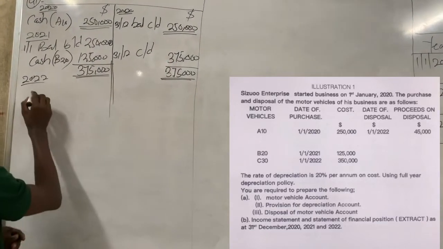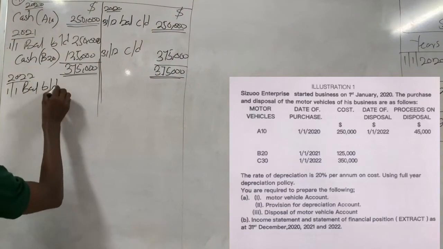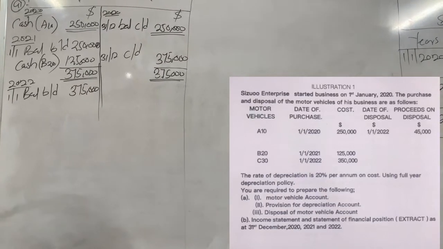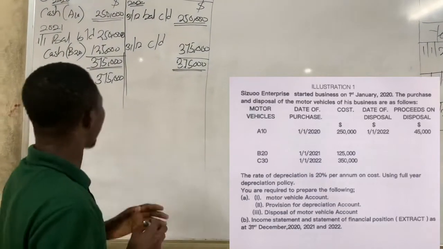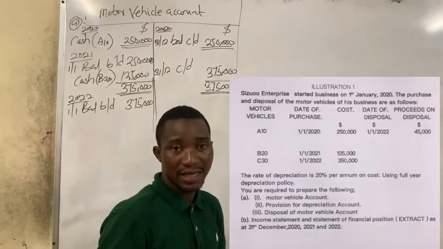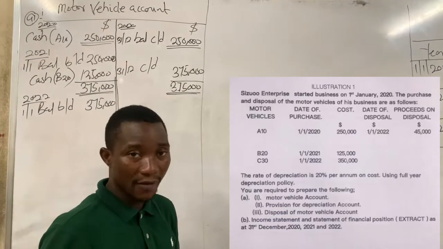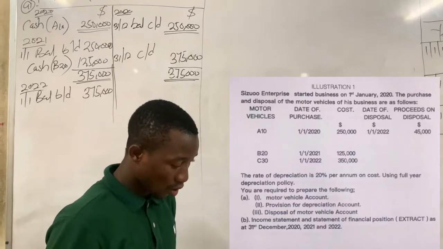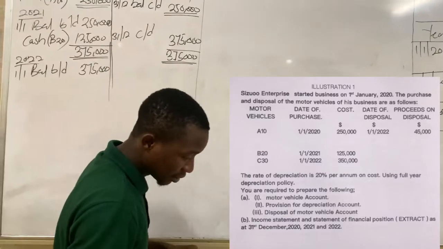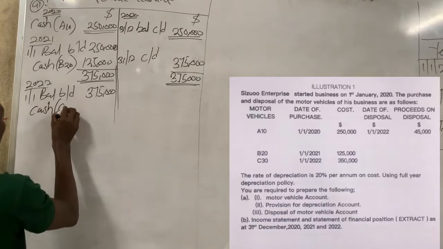we will have our balance brought down on 1st January. Balance brought down of 375,000. Is that okay? So after bringing the balance brought down, then we look at the acquisition. We acquired an asset, that is motor vehicle C30, an amount of $350,000. Okay, so the amount is $350,000. So that is cash. That is C30,